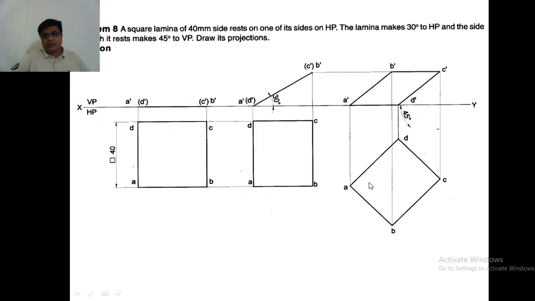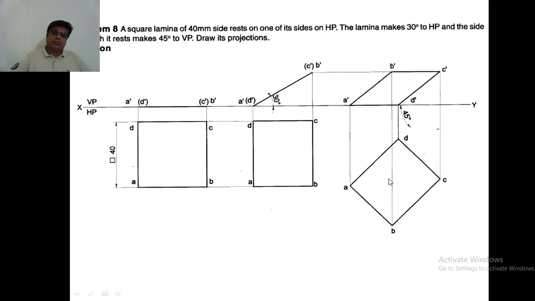So you can draw it in this direction or you can draw it in this direction, 45 degree, both are okay. So that's just to rotate this top view and draw it here at 45 degree, so that this AD is at 45 degree. Remaining all points you just measure and redraw this top view. You have to redraw here so that AD is at 45 degree to the XY line or the vertical plane.